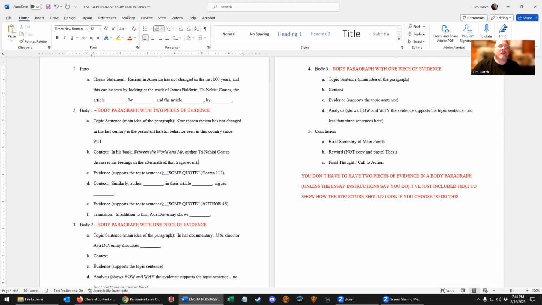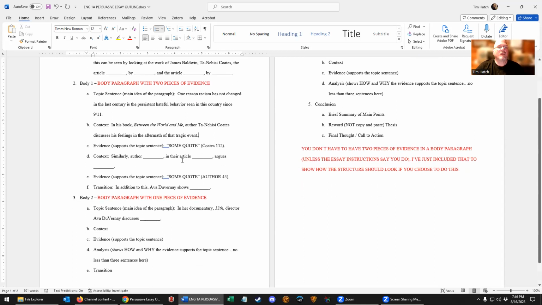And then you need to introduce your next quote. So you're going to use more context. And let's see. Oh, and I'm not going to come up with a quote off the top of my head, but there's some quote cited, Coates 112, right? Okay. Similarly, author whoever in their article, whatever, argues